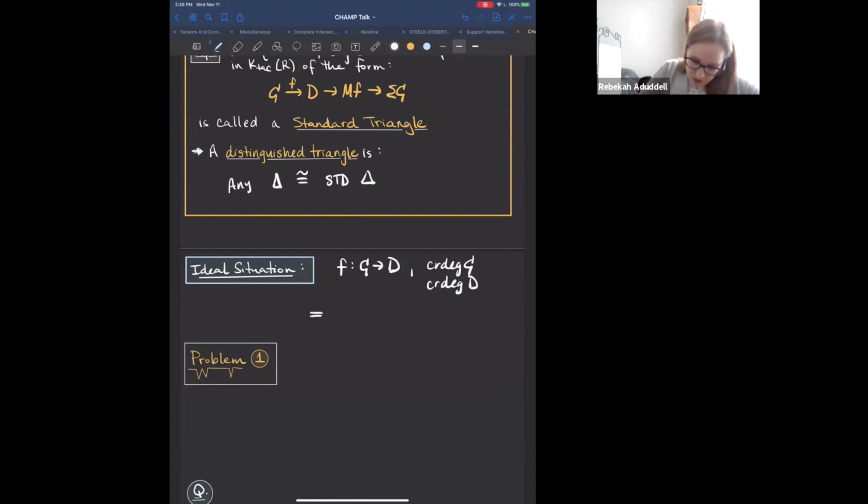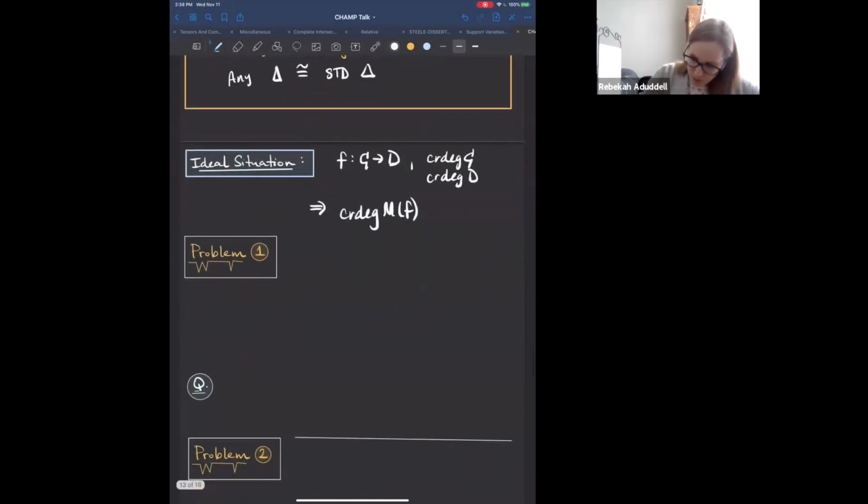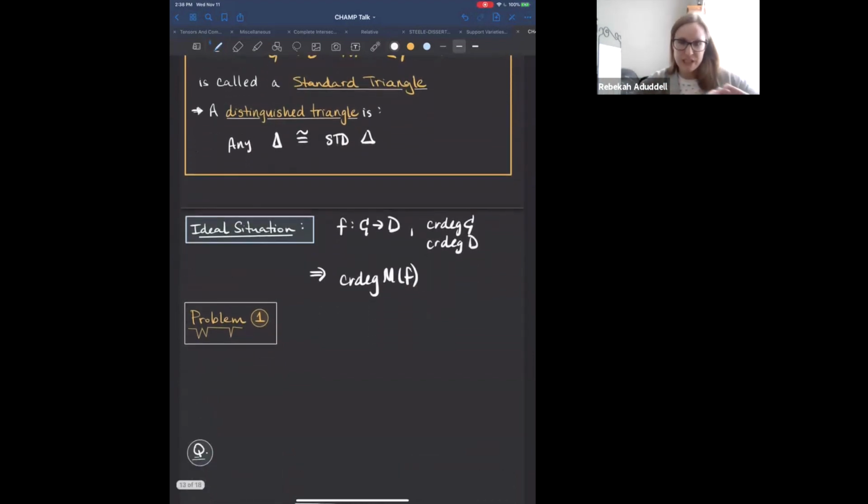Then the ideal situation is we would be able to at least give a bound for the critical degree on the mapping cone, but situations are not always ideal. And so there are some issues with this. I want to outline two specific issues. The first is that the process we used